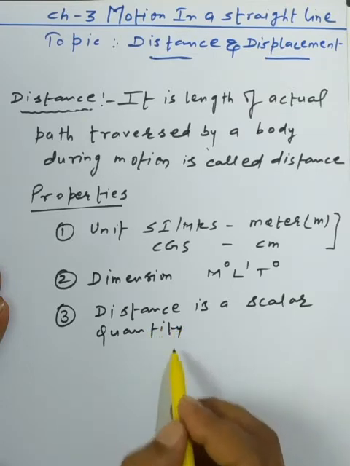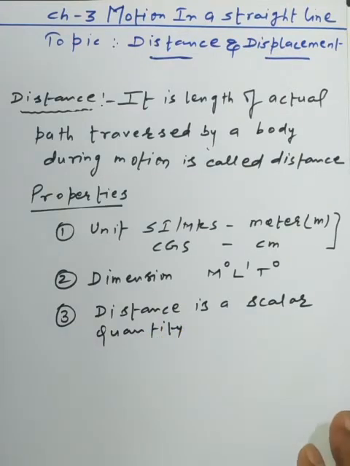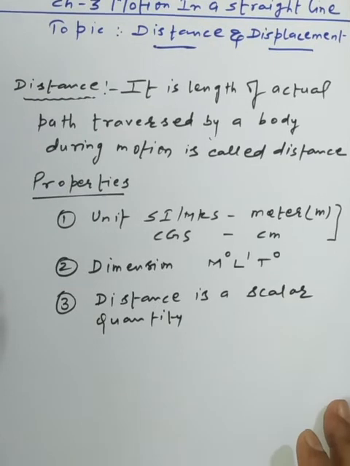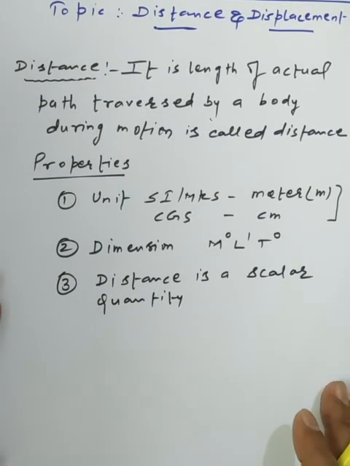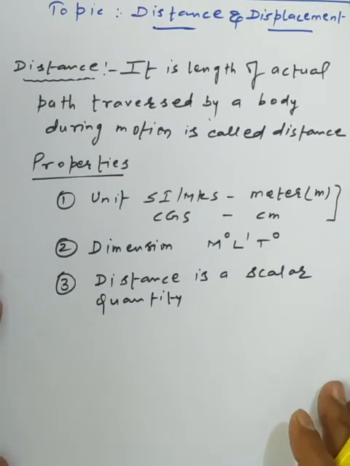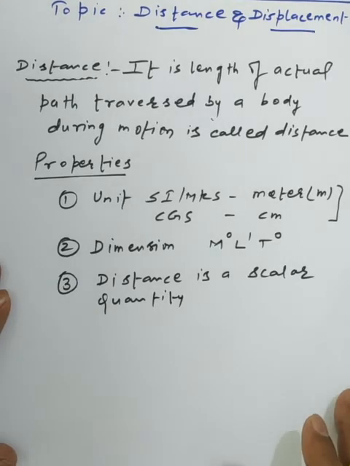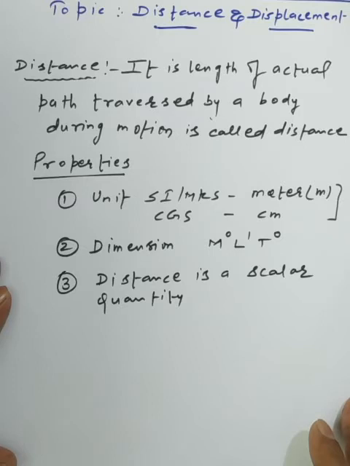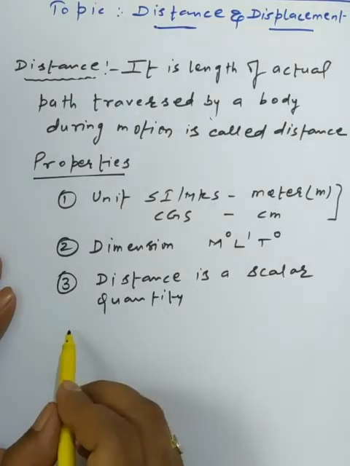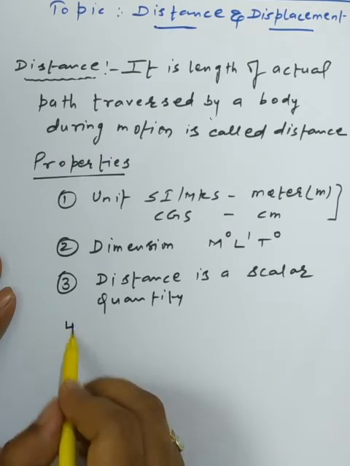Why are we saying it is scalar? Because it doesn't give the direction. It always deals with the concept of magnitude. In whatever direction you measure the distance, you always take it in a positive manner and deal only with the magnitude in the concerned unit system. We are not giving it a positive or negative sign anywhere in the measurement. So it is always a scalar quantity.